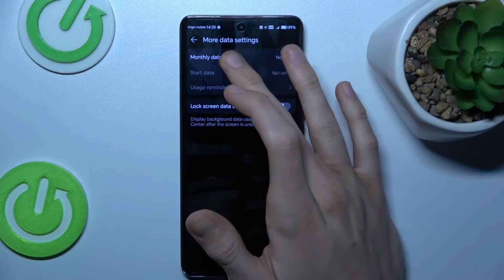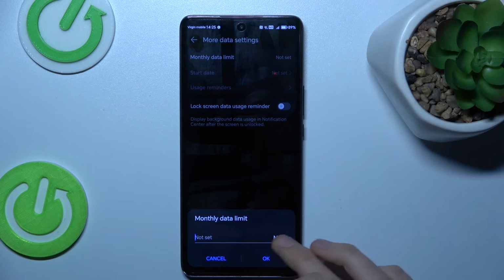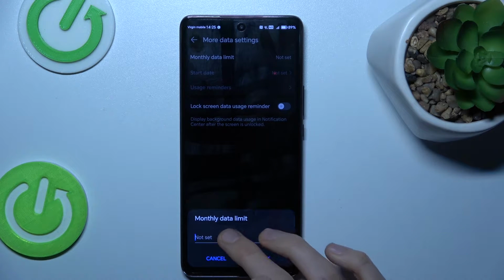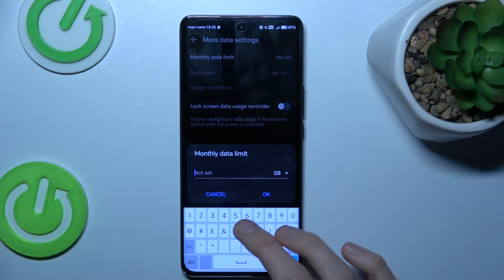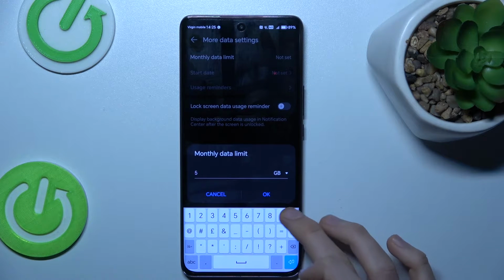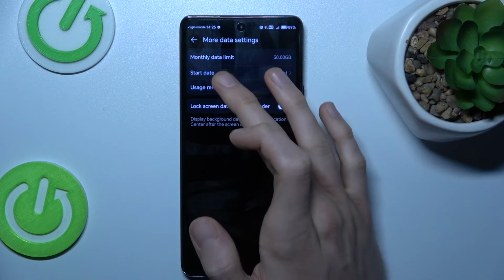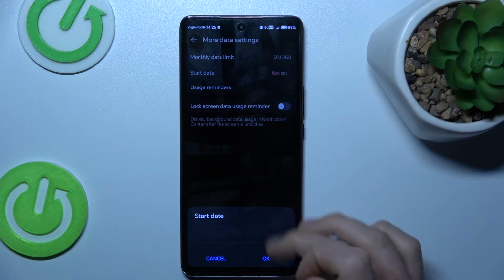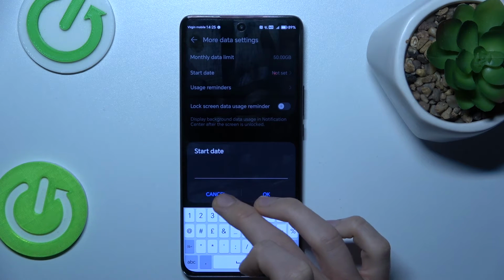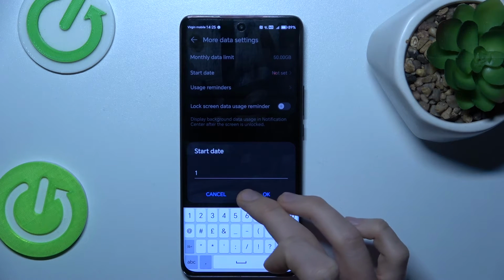In the first step we can set monthly data limits in gigabytes or megabytes. It can be custom, whatever you want, maybe 15 gigabytes we set. And the second function, start date, when our data usage size starts, maybe the first day of each